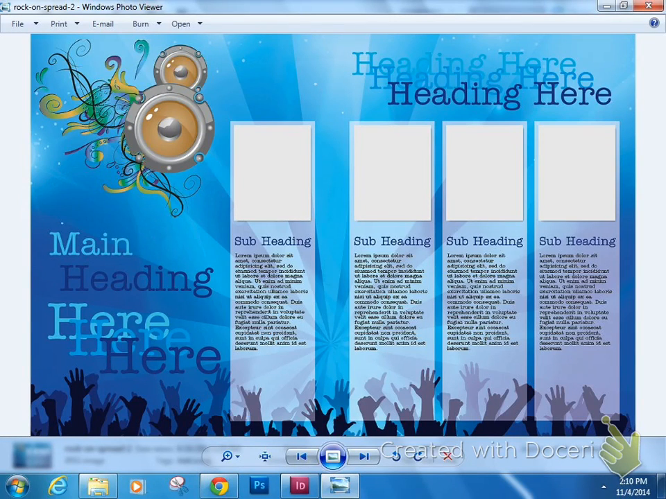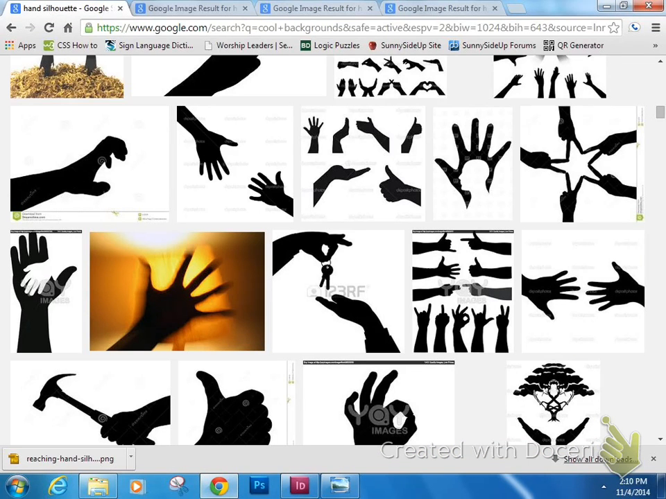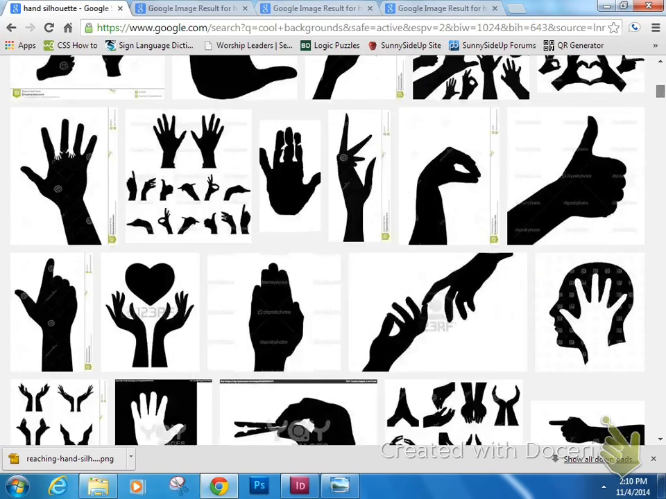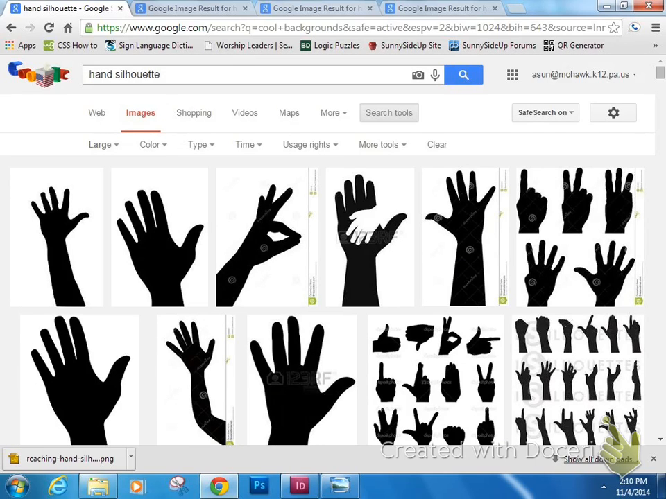The question here is, how do you do the hands on the bottom of this background here? Basically what you have to do for that is to actually download silhouettes of hands and make multiple copies of them and change opacities and stuff. So basically what I would do is, somebody already asked that question, so I just type in hand silhouette, and